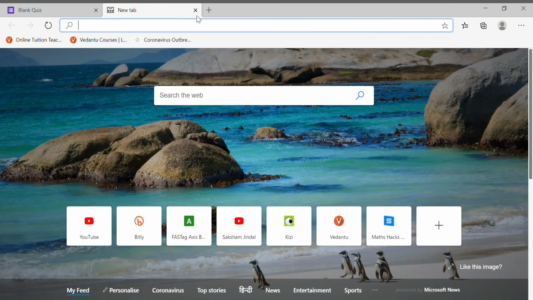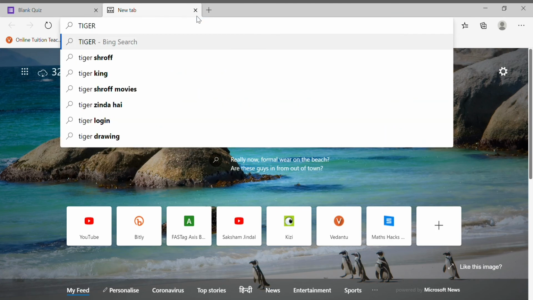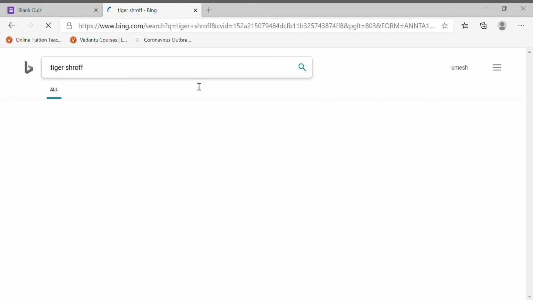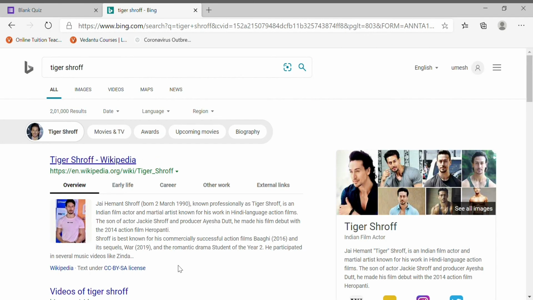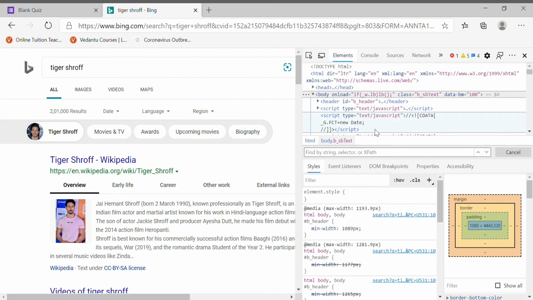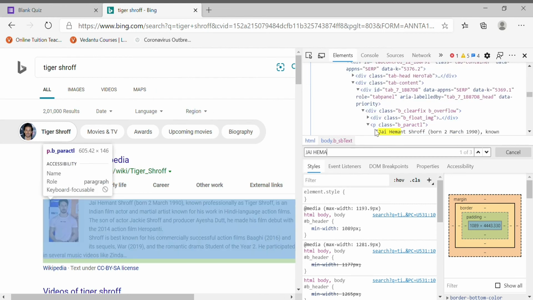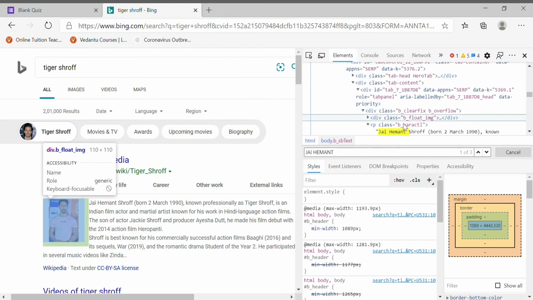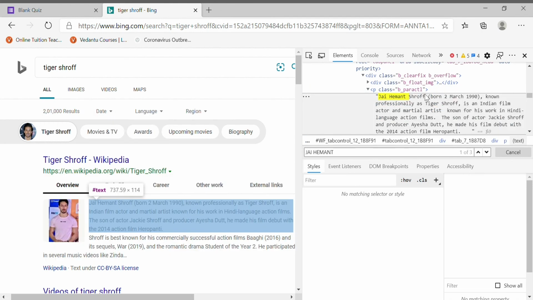You can also change it on other places. It can be applied to many places. Like I am searching Tiger Shroff. So here it's something written, Jai Hemant Shroff born in March. So what I'll do, Control Shift I. Now Control F. I'll write Jai Hemant Shroff. So here it's the full Wikipedia, or we can say short description.